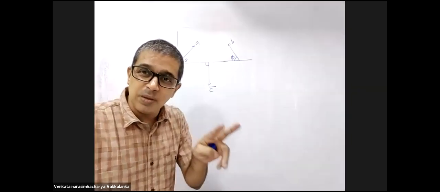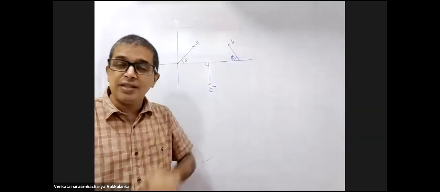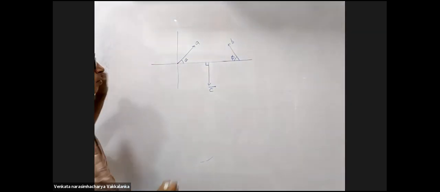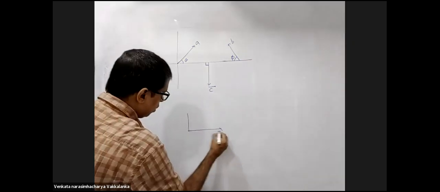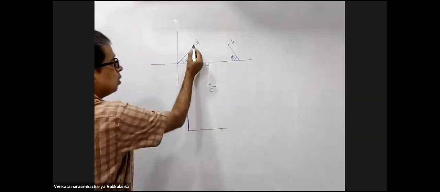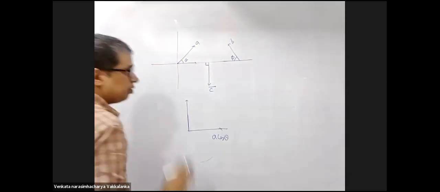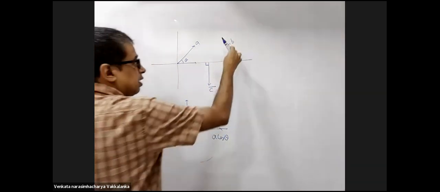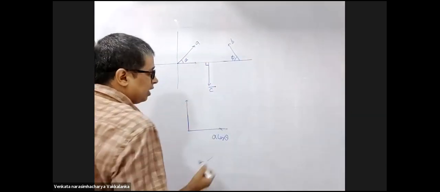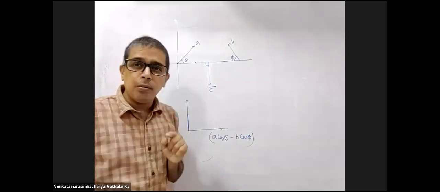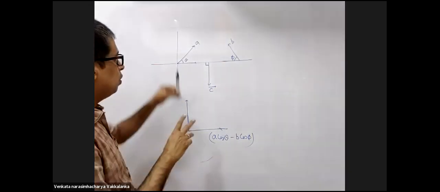Now arranging them as a polygon and measuring the third closing side will be purely geometric. You need a technical drawing setup to do the calculation, right? Instead, the suggested procedure is to take components along the x-axis and y-axis. What is the component of A along the x-axis? A cos theta. Do you agree with that? Yes. Component of B along the x-axis is minus B cos phi, in the opposite direction.